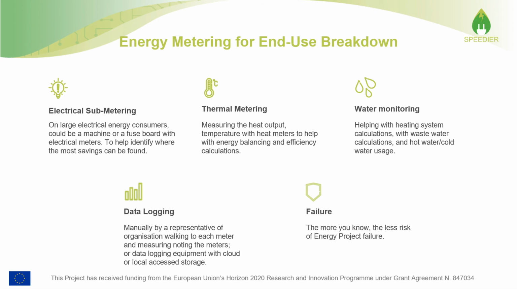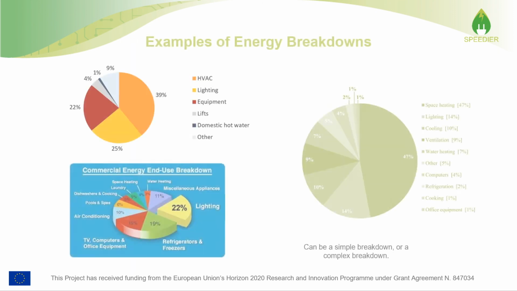And once your metering is good enough, you can start to put together a breakdown of your energy on your site. This is very important, as these are some examples here of energy breakdowns. With a hierarchy of energy users, you can identify which to target for energy conservation measures, like space heating in the right example, or the heating, ventilation, and air conditioning, or HVAC in the top left, or the lighting in the bottom left. This will ensure you get the most savings from your ECM, or your energy conservation measure, and also get you on the right track for saving the most energy on site.